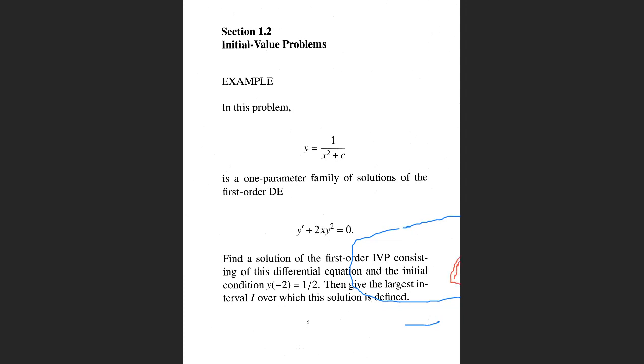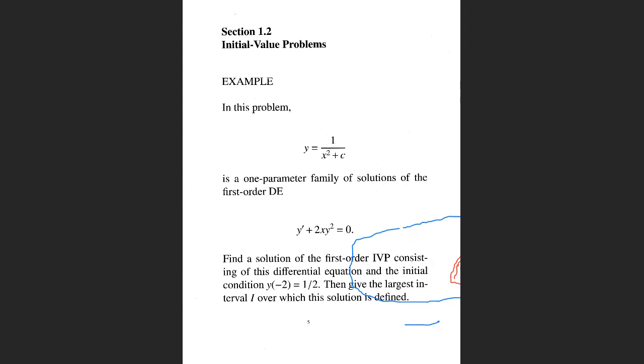If you were to graph y equals 1 over x squared plus 4, y equals 1 over x squared plus 3, y equals 1 over x squared minus 7, you would have a family of solutions. But if we add an initial condition such that when x equals -2, y equals a half,